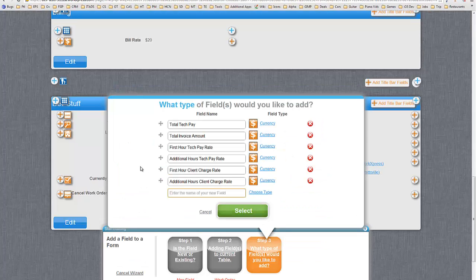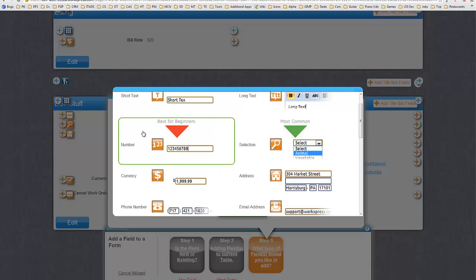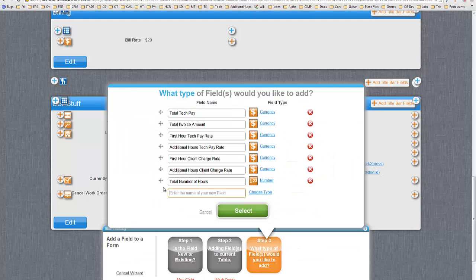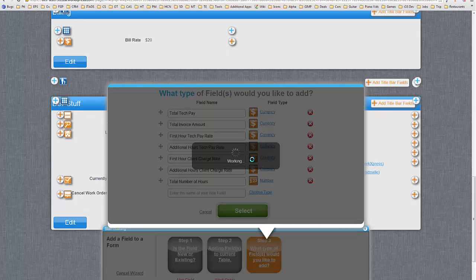So in addition to these rates, I also need a field to represent how many hours were actually invested in the project, so I can charge for those hours at the associated rates. So I'm going to have a field for total number of hours, and that's going to be calculated by a start time and an end time that the tech will actually enter when they submit their timesheet, but we won't get into that for right now. So I'm going to start with these values,